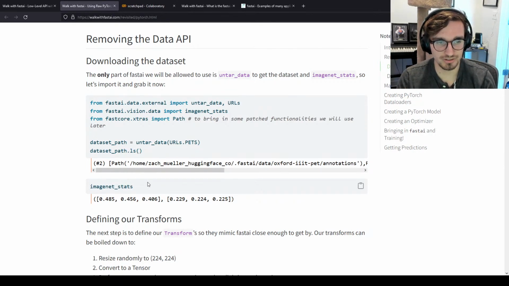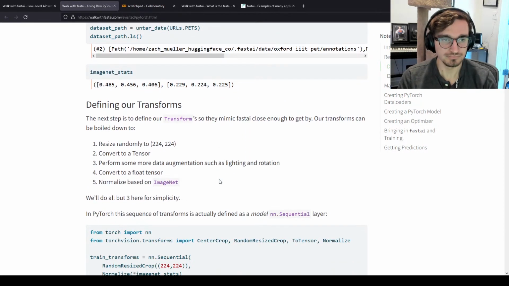So very quickly, if we look at ImageNet stats, it is 2 arrays, which is our normalization statistics for 3-channel images, right? So this is the mean for channel 1, the standard deviation for channel 1, 2, 2, 3, and 3. Now that we have all of those,